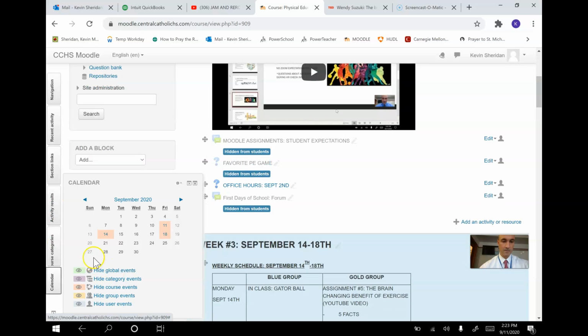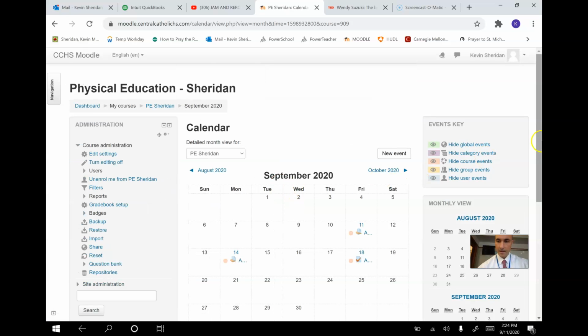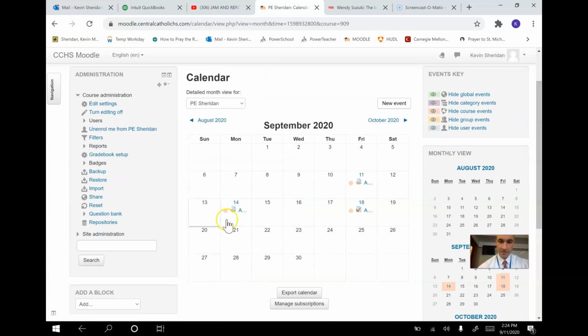I just have 3 items listed under my calendar in September. One assignment, as you'll see, due today. Another assignment will be posted on Monday, and then a concluding assignment due next Friday. But here's September 2020. I'll show you a little bit about this. So for Monday,